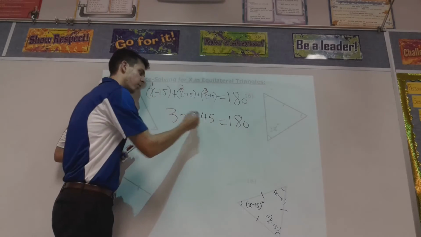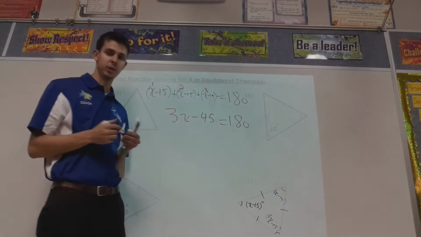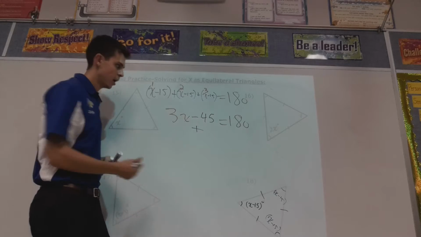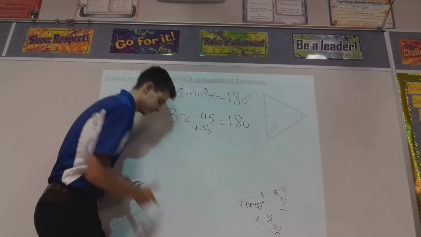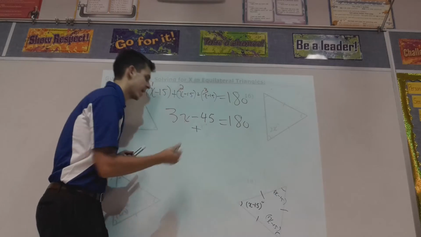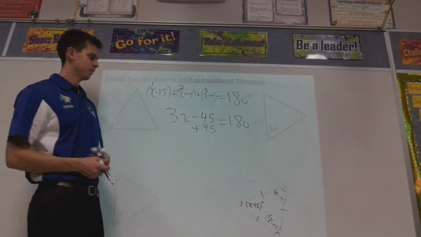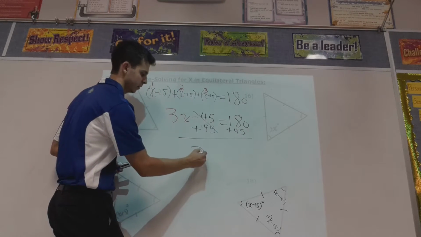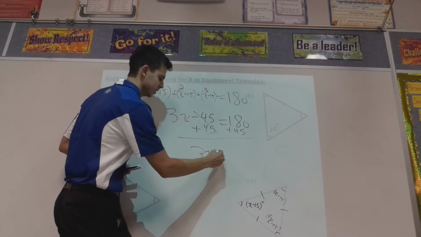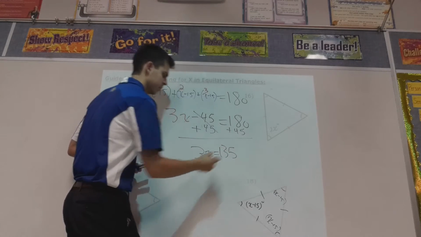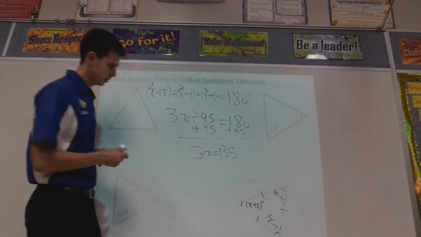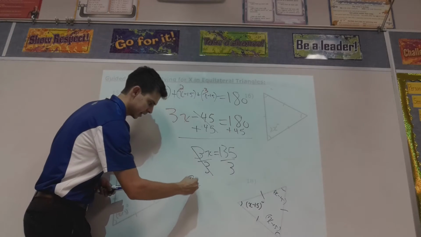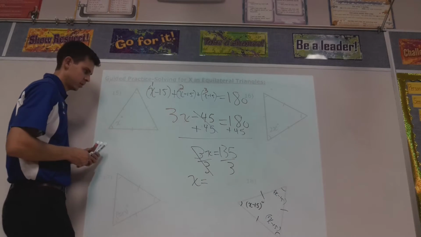I will keep it like this for right now, just so when we're doing the two-step equation, we see that we need to do the opposite inverse operation of that subtraction. So I'm going to add 45 to both sides. And that gives, these cancel. I'm left with 3x is equal to 135. Divide both sides by 3. These cancel. And x is equal to, quickly do the division,